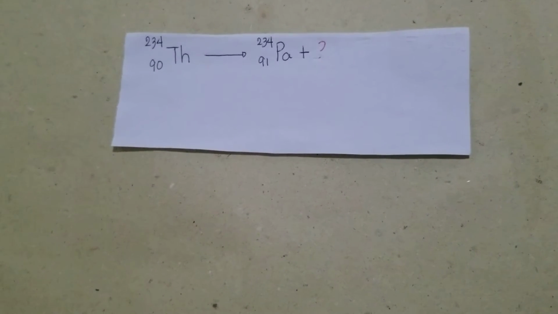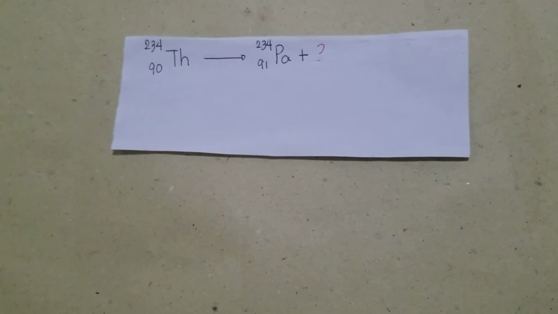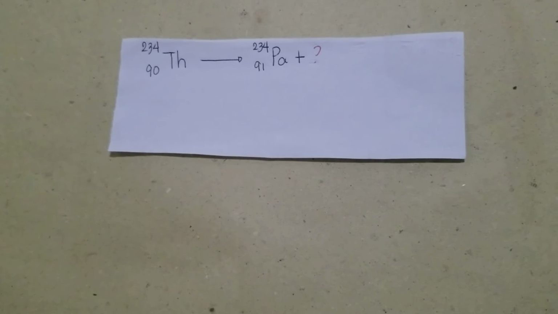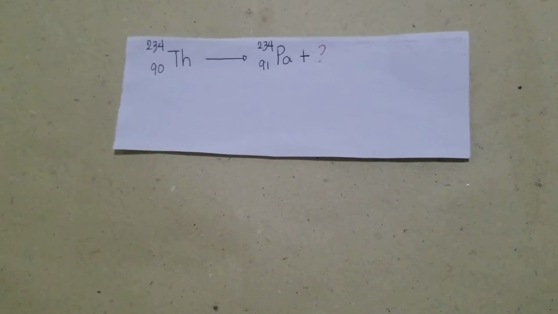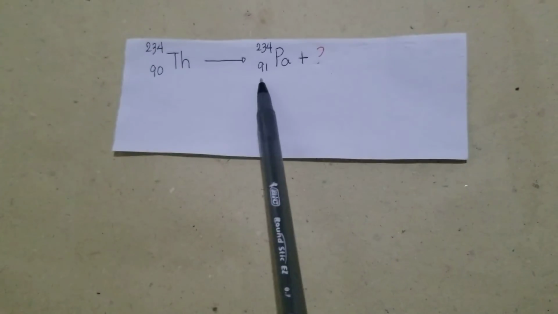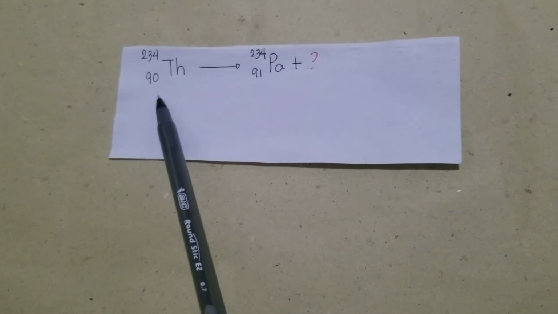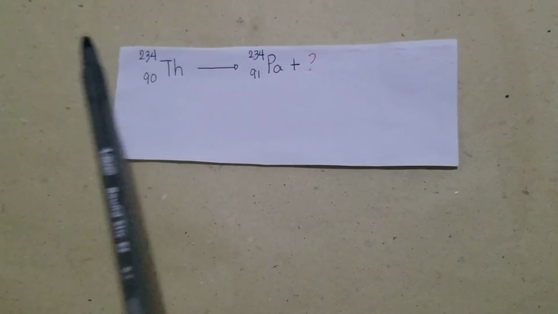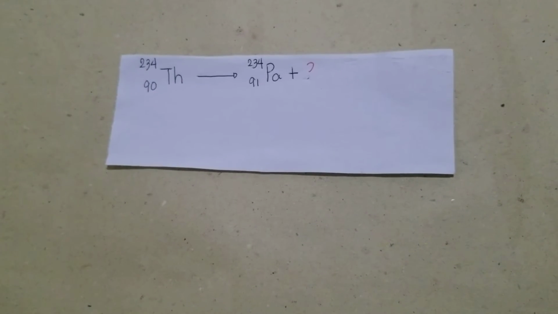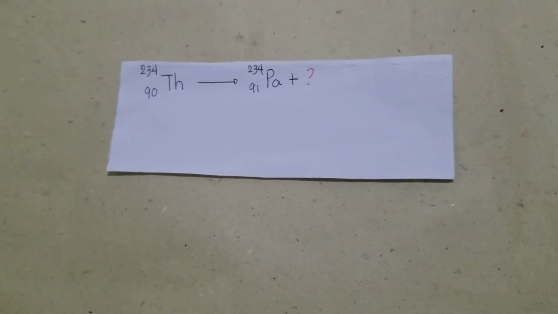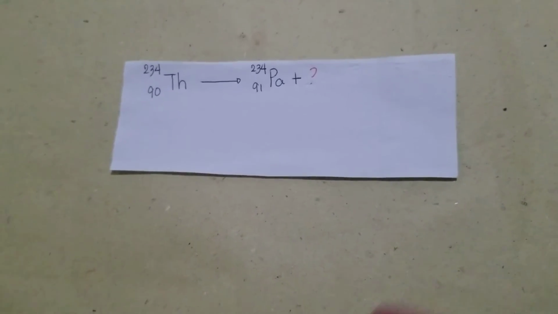Balancing the charges on the reactant and product sides requires that the unknown has a charge of -1, so that 91 minus 1 is 90. Because this is beta decay, an antineutrino is also emitted. The equation is now